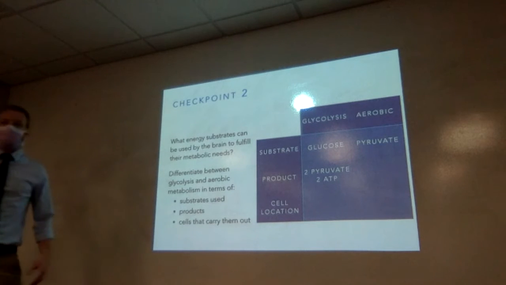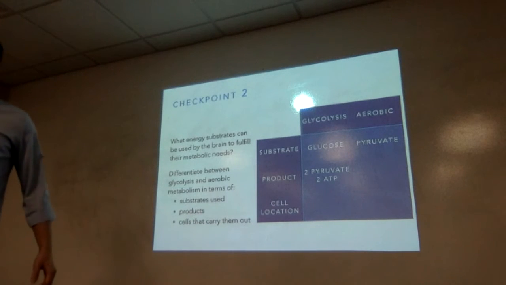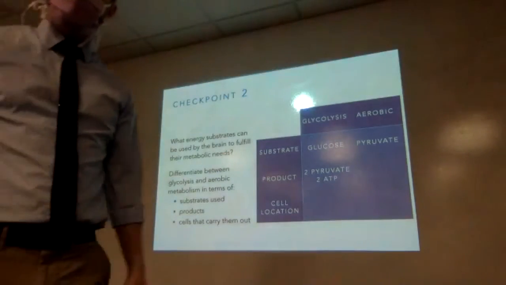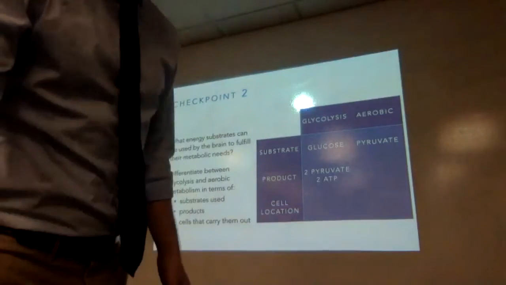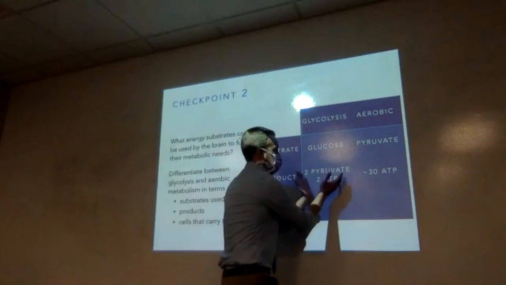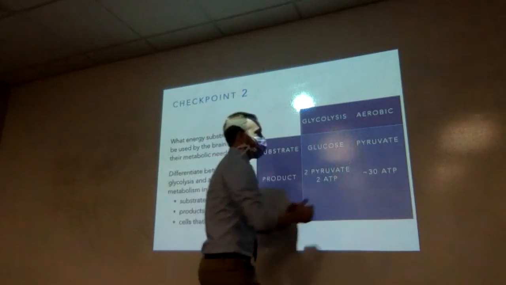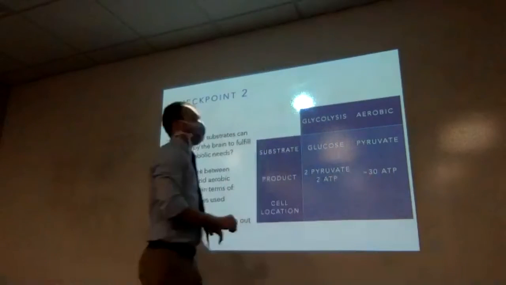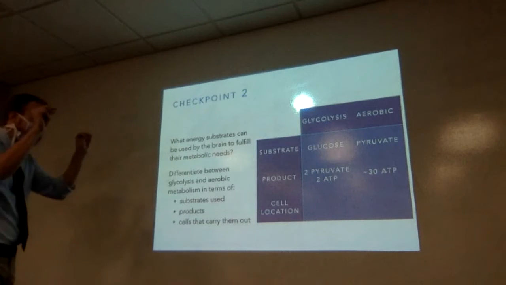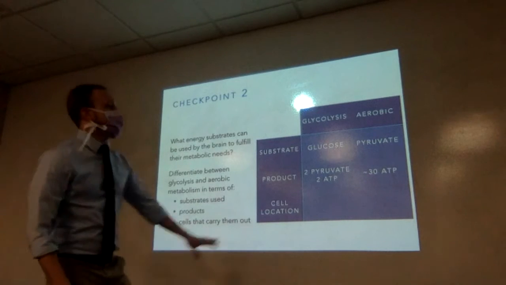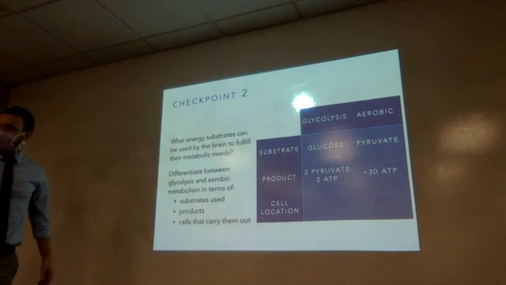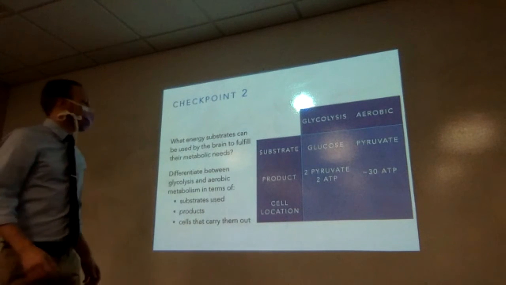What's our product in aerobic metabolism? Nice. Yeah, exactly. We're going to make some carbon dioxide. That'll diffuse out. And we're going to make a lot more ATP. So this would be if you are, let's say, an assistant professor, and this is if you're an MD. So a little bit of a different payout. Both doctors, but not really. Okay, so they both can pay the bills. One pays the bills a whole lot better than the other.